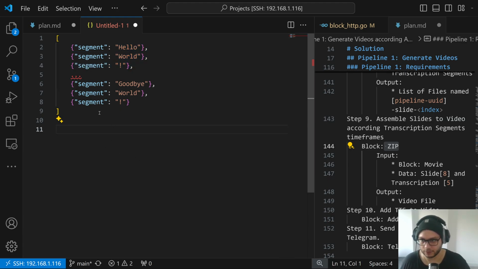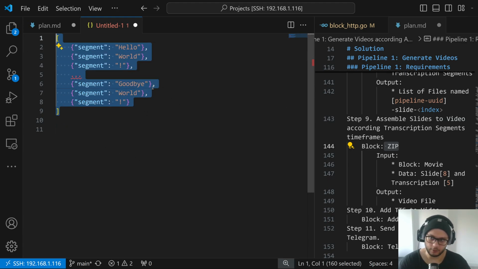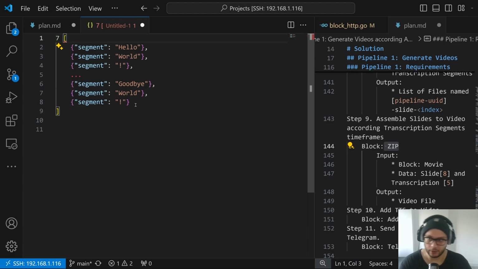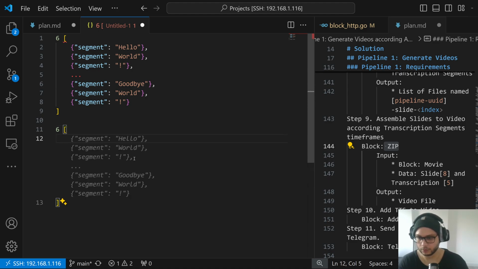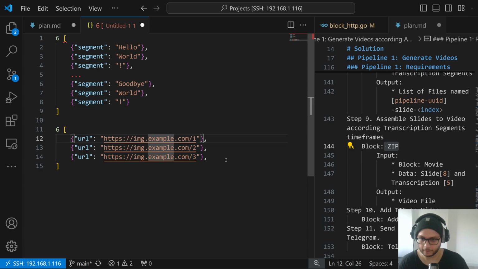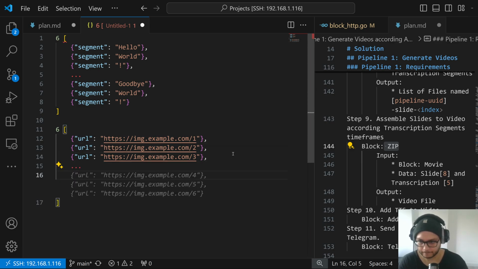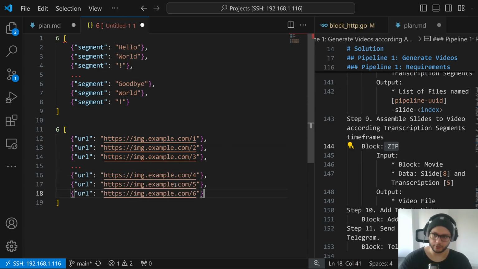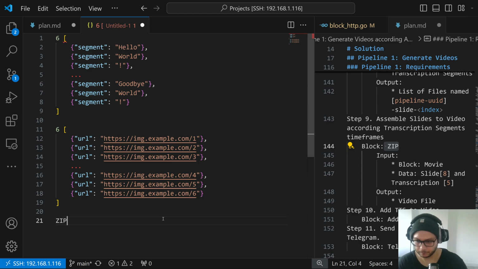For example, if this block has, let's call it 7 outputs or 6 outputs, and another block has 6 outputs with URLs, example.com. So zip will produce something like